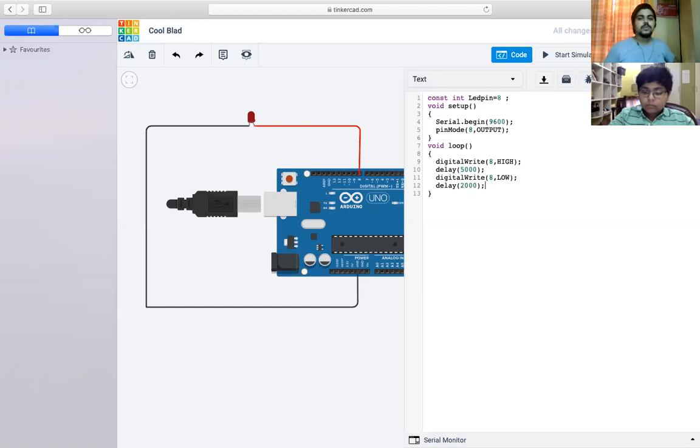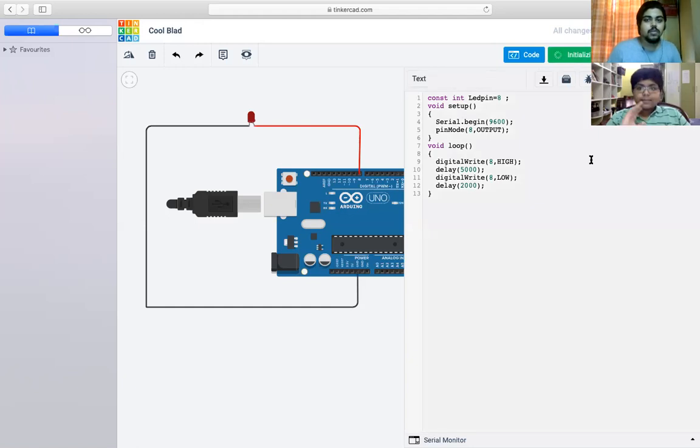Okay. So here our code ends. Now, after the code ends, what do we do? We start the simulation. Click on code so that this window will go away.